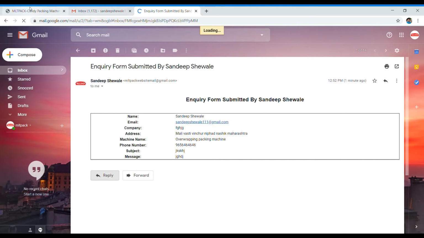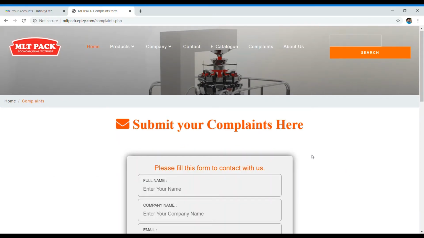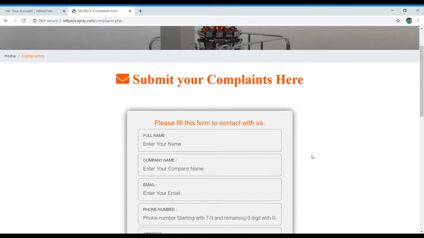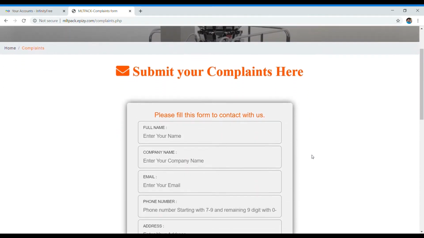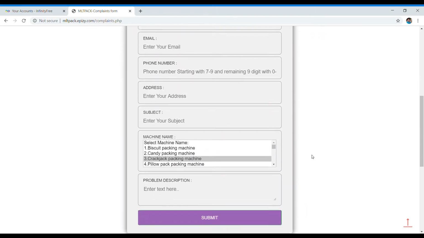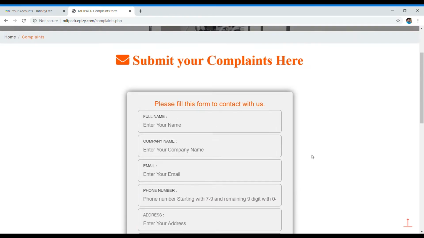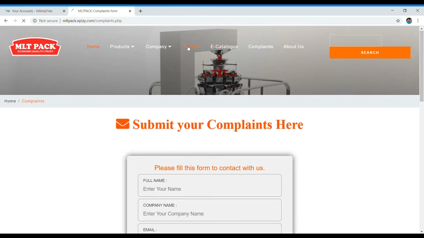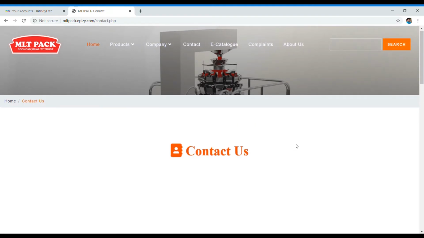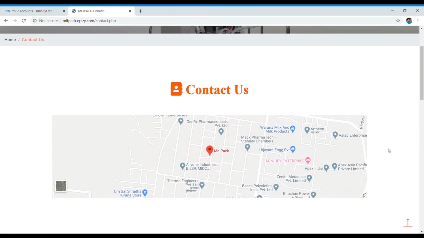Similarly, this is a complaint form. From here, the user can submit their complaint to the company by filling this form. There is also a contact form by which the user can submit their contact details to the company.